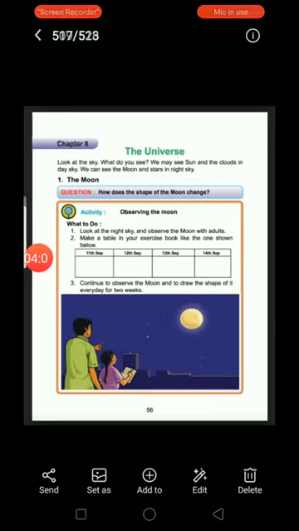Moon, what is the moon? The moon is a satellite. The moon revolves around the Earth. The moon is not revolving around the sun. Earth is revolving around the sun. The moon is revolving around the Earth. So